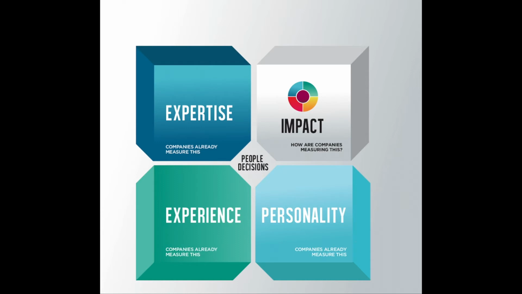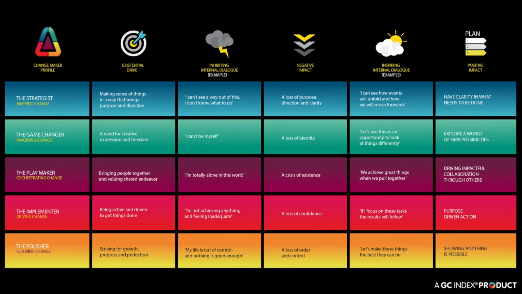Okay, so we're going to jump into the upper right-hand corner talking about the changemaker profile. Changemaker profile is an example of internal dialogue. I thought this might help you put some context around the different types of change maker natural inclinations of where people want to put their energy. Here we have 5 different natural inclinations that we all have. It just varies on the levels of them.